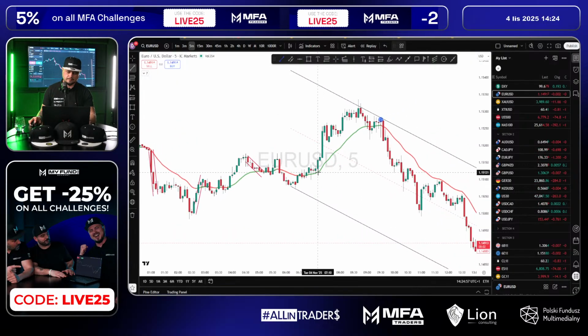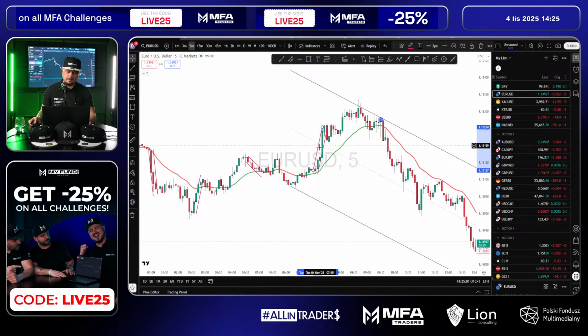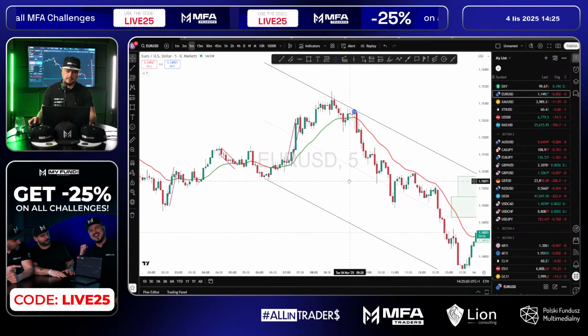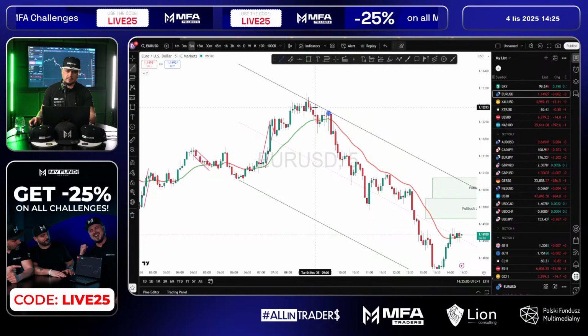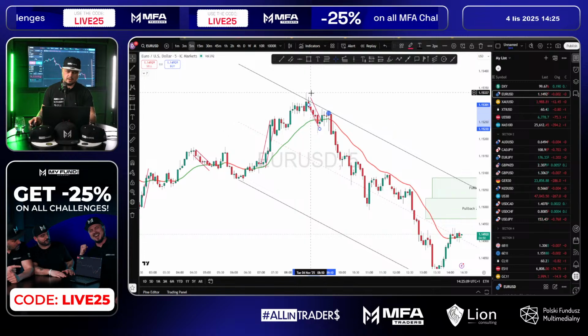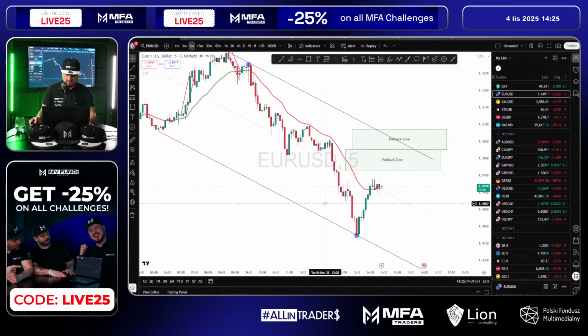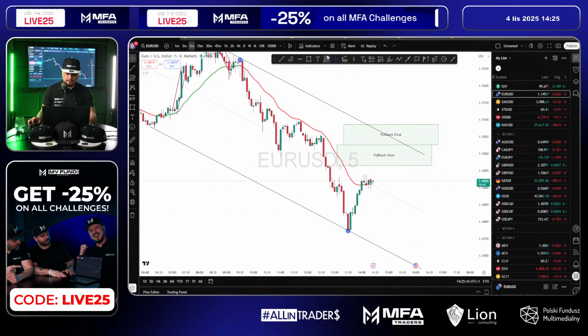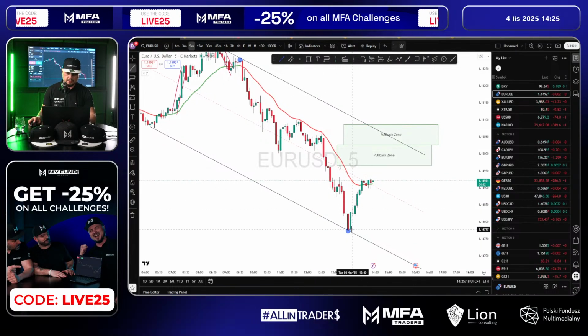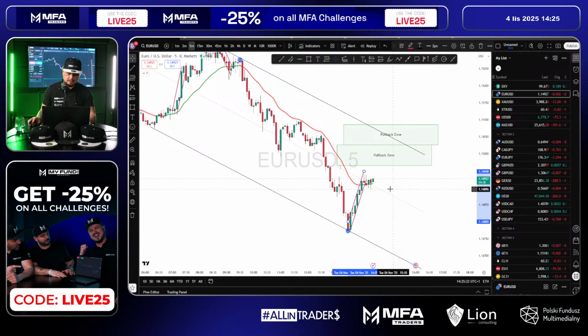Another one right here, confirmed. Then we had another one over here, which is also confirmed. And we got the beginning of a micro rotation, which is not confirmed yet. So this is good for us.